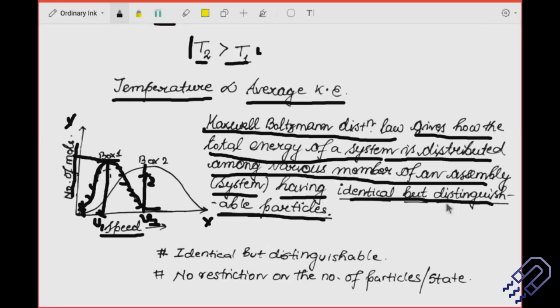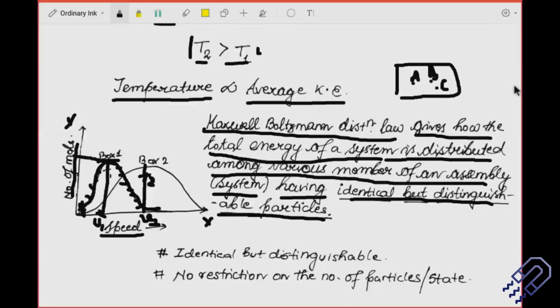So what do we mean by distinguishable particles? That means that if you have a box, and you have a particle, let's say A here, B here, C here, these are all different molecules. They might be identical, so they will be the same. Let's say you have 3 molecules, all 3 oxygen molecules, but you can identify them at any